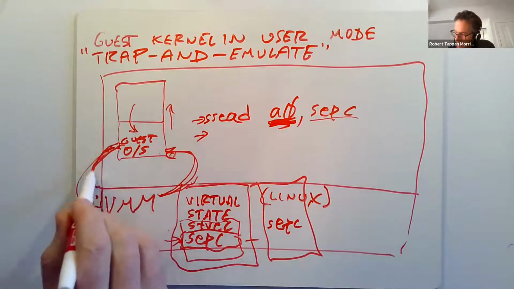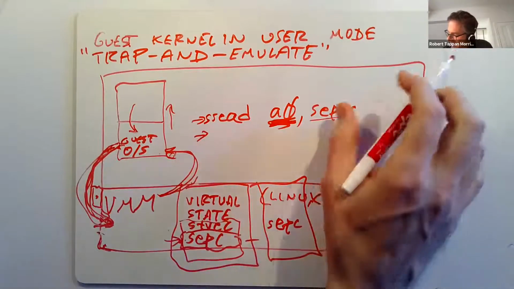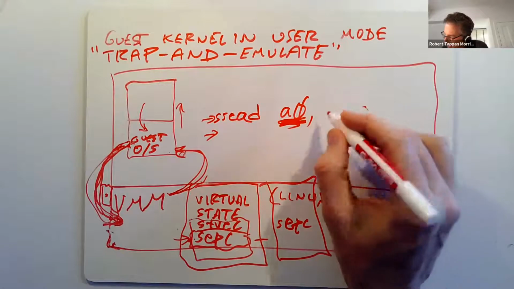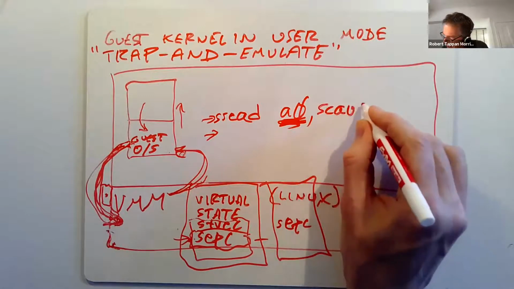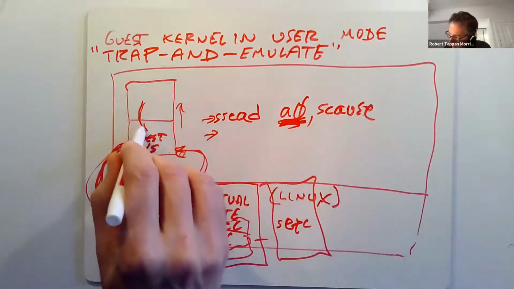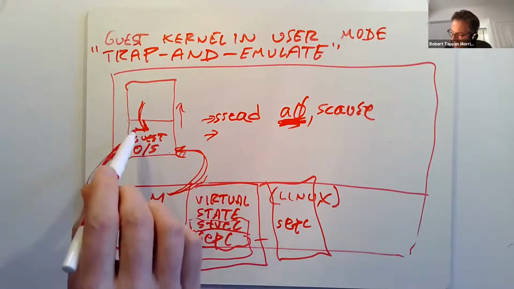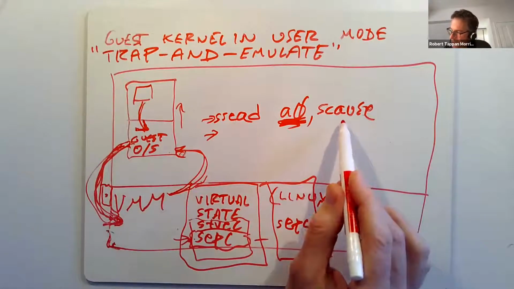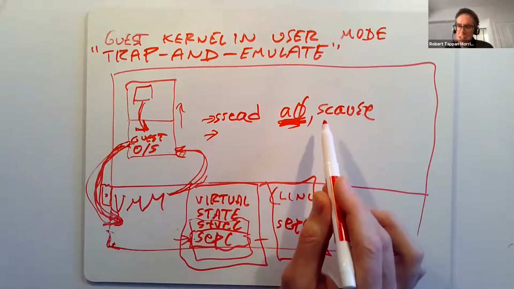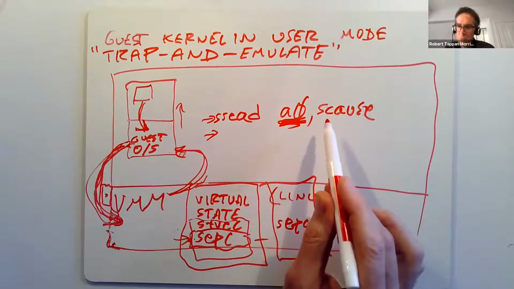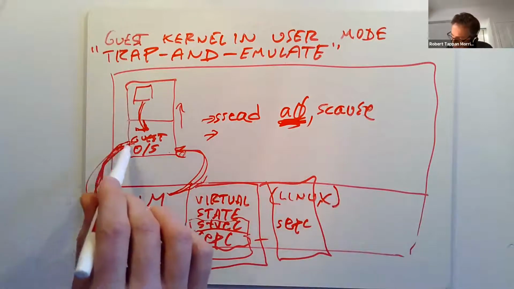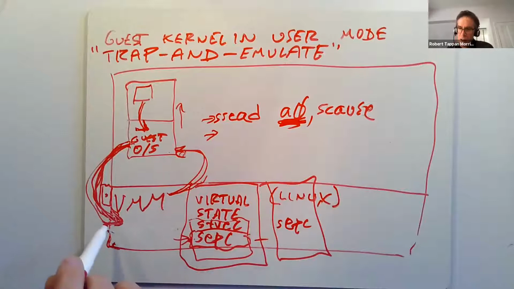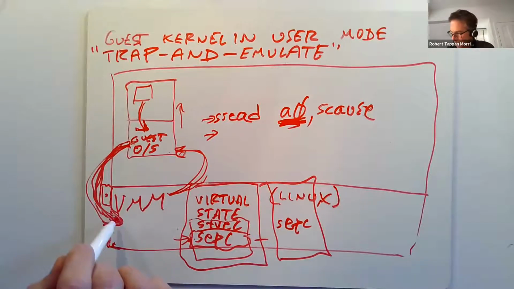The guest operating system is going to read SCAUSE in what it thinks is the trap handler handling a system call from one of its guest processes. The SCAUSE that the guest operating system needs to see is the value that means system call. But the value in the real SCAUSE register is the one that means illegal instruction or unprivileged